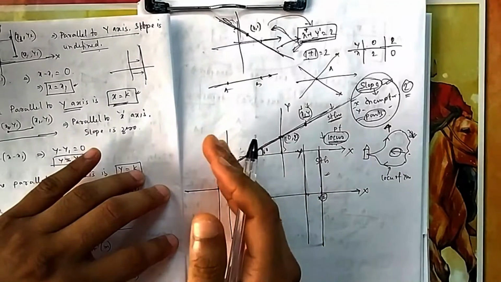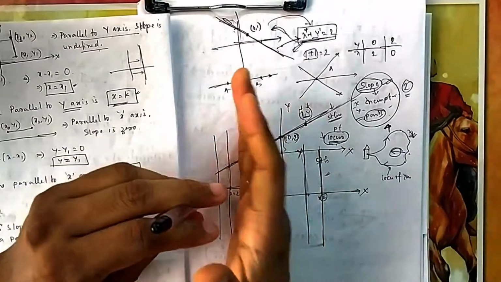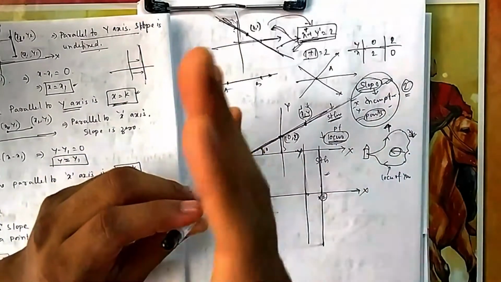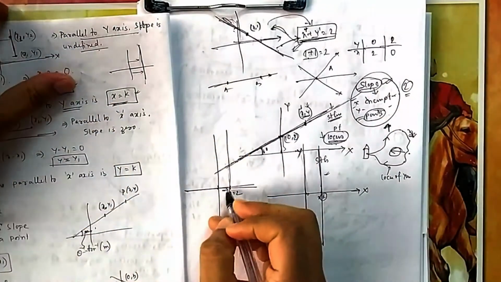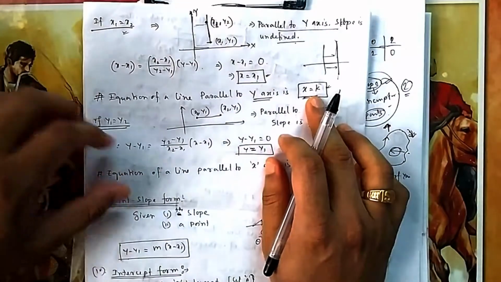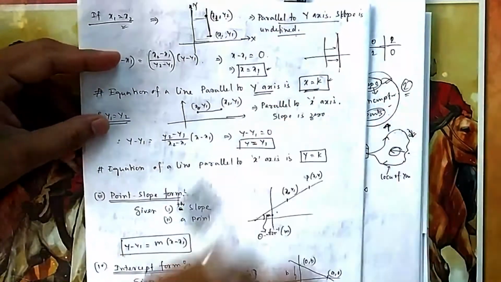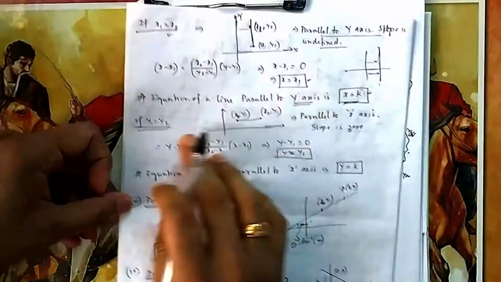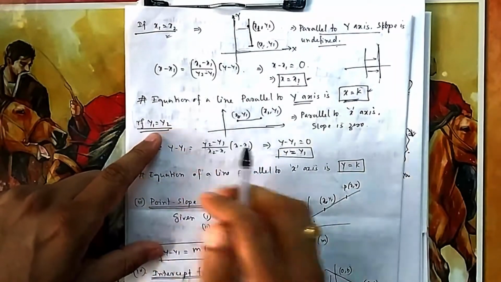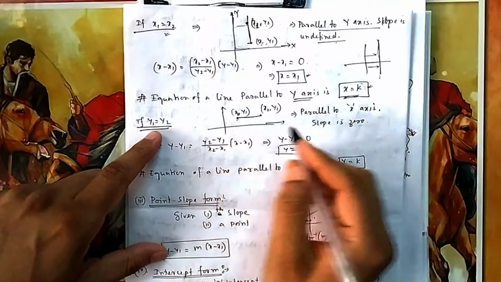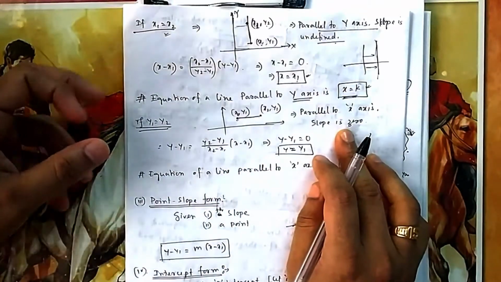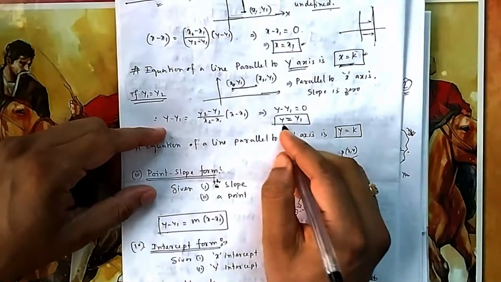Now in the future, when you have 3 axes with z, then you will have a plane. X equal to 2 will represent a plane there, because in the z axis also you can move in any direction, only satisfying x. So as you move on, things are getting more interesting. Now if y1 equal to y2, it is a flat line, because the height is the same and x can be different, so it is parallel to the x axis. Here slope is 0. So if you put it here, it will be y equal to y1.